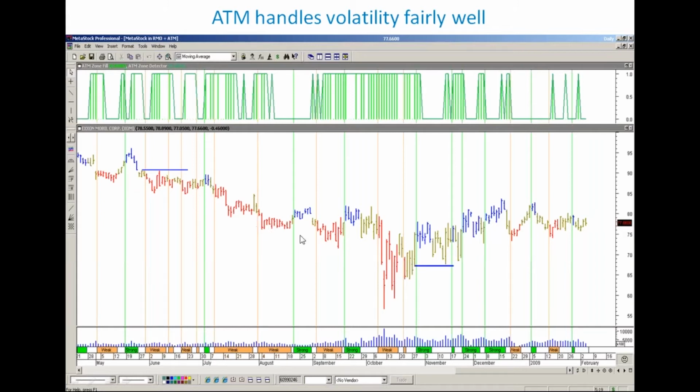Likewise over here, you have much thinner volatility where the bar sizes are much smaller. Still handles the trend fairly well over there. So again, these are good ways to understand the adaptiveness or the adaptive concept which is built in the ATM suite. So that's really the highlight. A lot of times you get a buy signal, you look up, dormant, don't take the trade. You get a buy signal, hyperactive, I'm going to buy it only if the high gets taken out. Keep those rules intact, helps us stay disciplined.